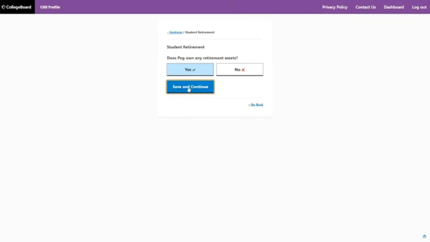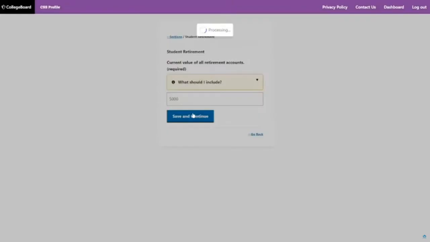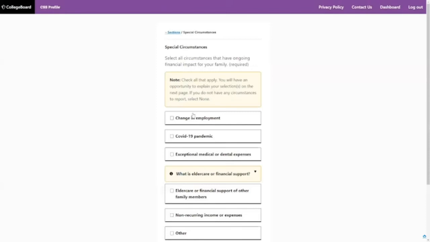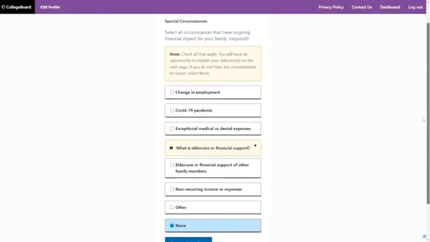Does the student have any retirement assets? That's not required, so you didn't need to answer that first toggle. So we are getting to the end. We're almost there, everybody. So, special circumstances. This is where you can click one of these and you can share some information with the colleges. I recommend you do not do that. All of us at College Aid Pro, that is our recommendation,